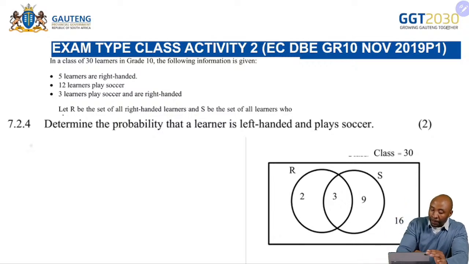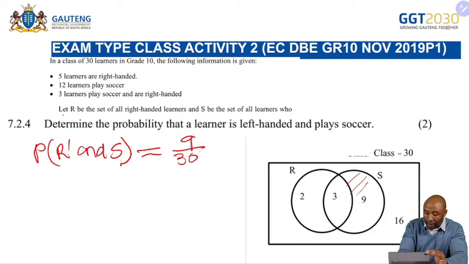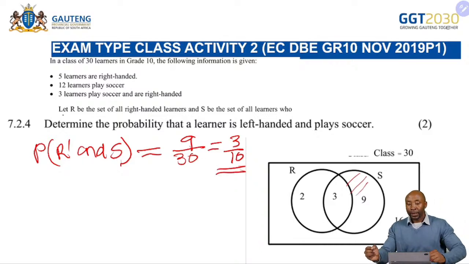So for the probability that Elena is left-handed and plays soccer, you will take the shaded part there, which is the probability of not right-handed and plays soccer. It will be given by 9 over the sample space, which is 30, and that will give us 3 out of 10 as the probability. Now,